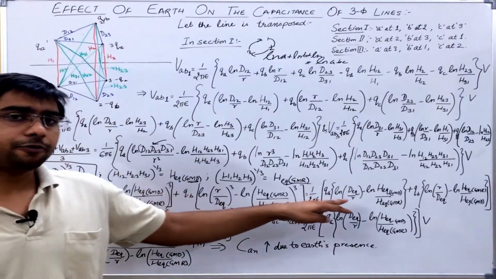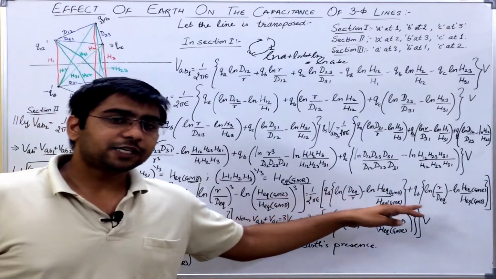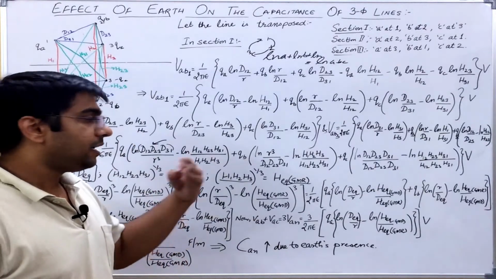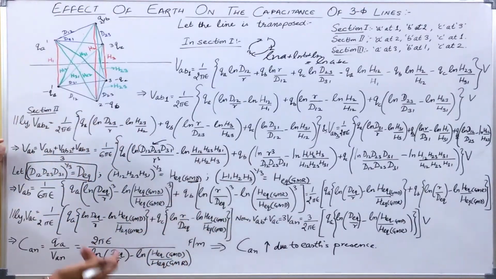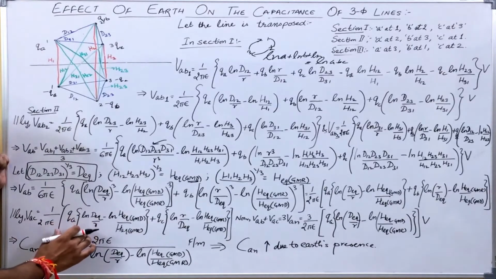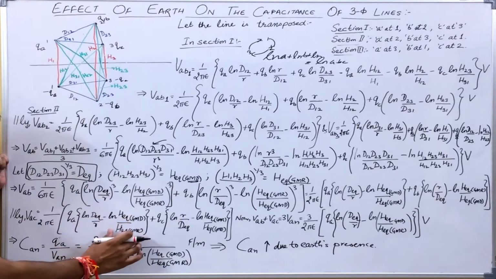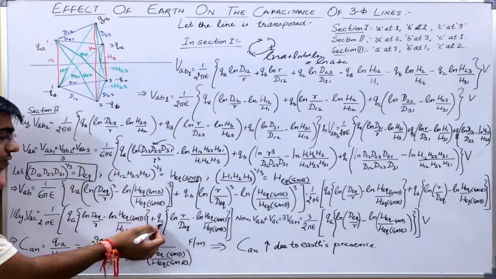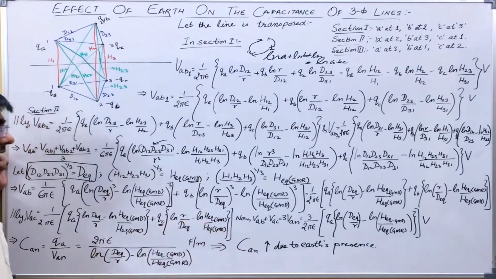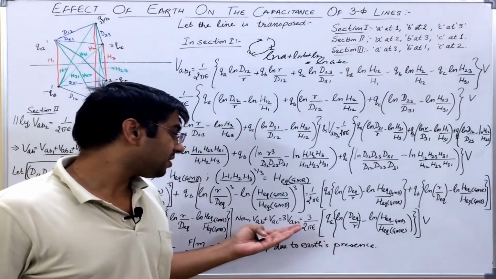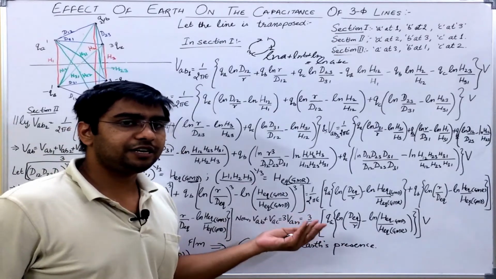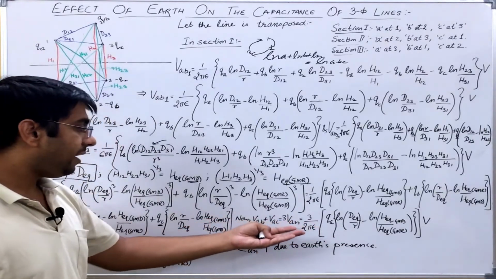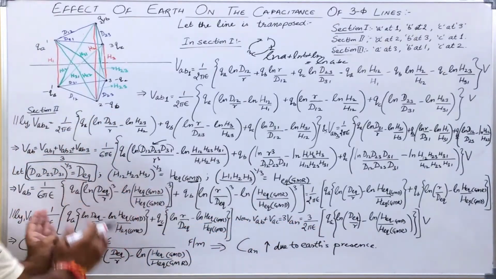Now, after writing the expression for VAB, it is very easy to write the expression of VAC also. We just have to change this number cyclically. So VAC will be D equivalent by R minus H equivalent GMD by H equivalent GMR, and I will change B to C. For QB it will be QC only and everything will remain the same. Now using the same equation that VAB plus VAC is equal to 3VAN, which we have seen in our previous videos also, I can write it directly as 3VAN is equal to this,